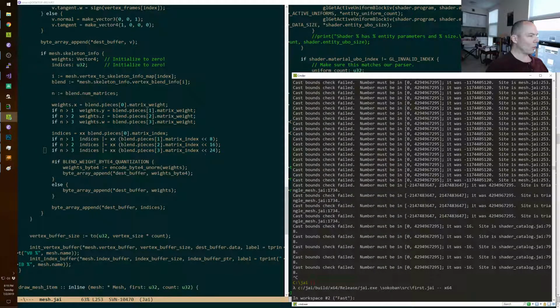It's like this left shifted 24. I mean, these are just things getting sent to the shader. So again, it's like not bad, but